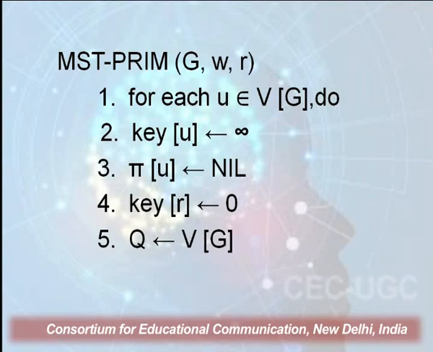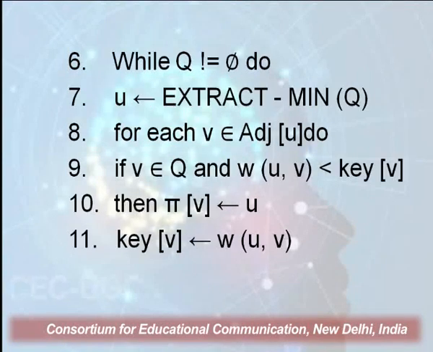and all the vertices are placed into Q, which is the min priority queue, and we will operate on this data structure, the priority queue, while it is not empty. That means unless it has even a single vertex, we will keep on operating on Q. So, while Q is not equal to phi, or while Q is not empty, what do we need to do? We opt for the process of extract min, which is a standard procedure for a min priority queue.